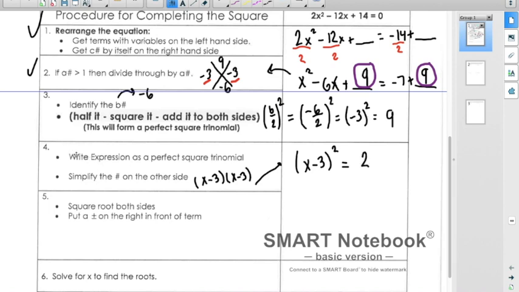Alright, so step 4, write the expression as a perfect square trinomial. That's this part, which we did. And then simplify the number on the other side. Became 2. We did. Now step 5, we want to square root both sides because we're solving for x. And to get x, I'm going to have to get rid of the square. So I'll square root this side. What I do to one side, I've got to do to the other. Okay. So on the left side, I'll be left with just x minus 3